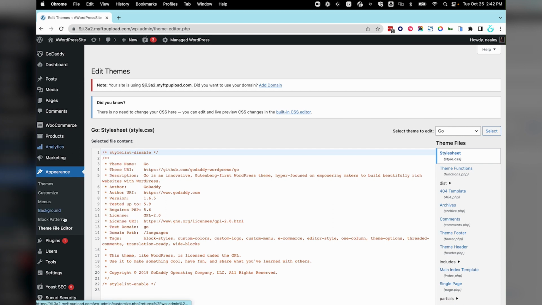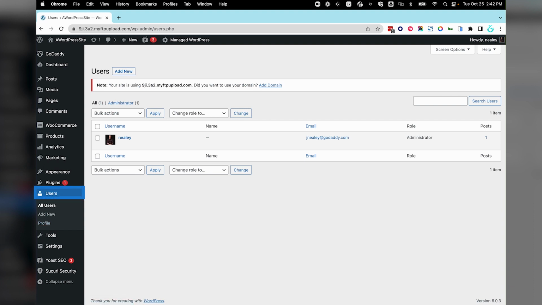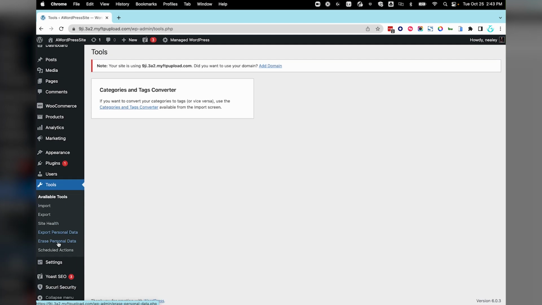Let's move on to Plugins. This section allows you to upload, activate, and remove plugins for your WordPress site. Plugins add functionality to your WordPress site that may not be available in your theme. More details later. The Users section allows you to add, edit, and remove users from your WordPress site. The Tools section contains a submenu of screens related to importing and exporting data to and from your WordPress site.